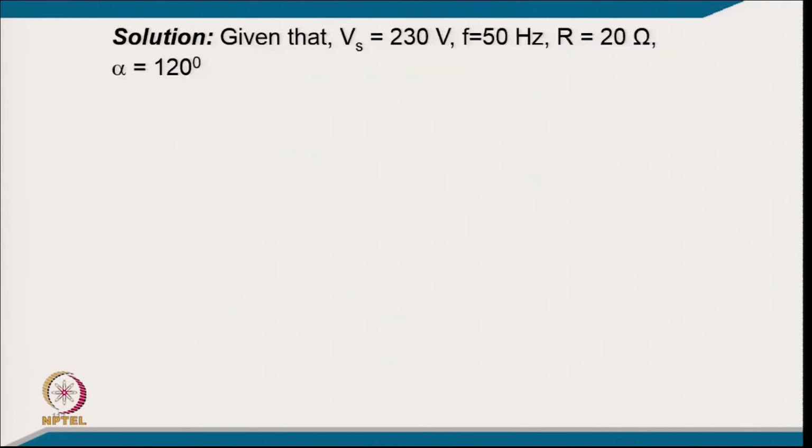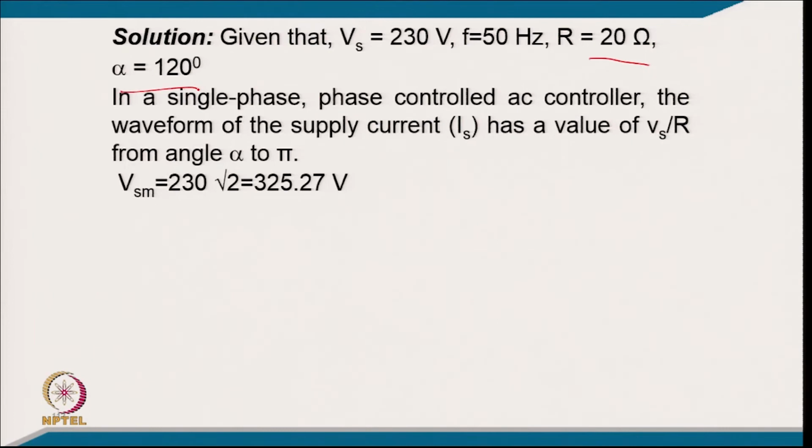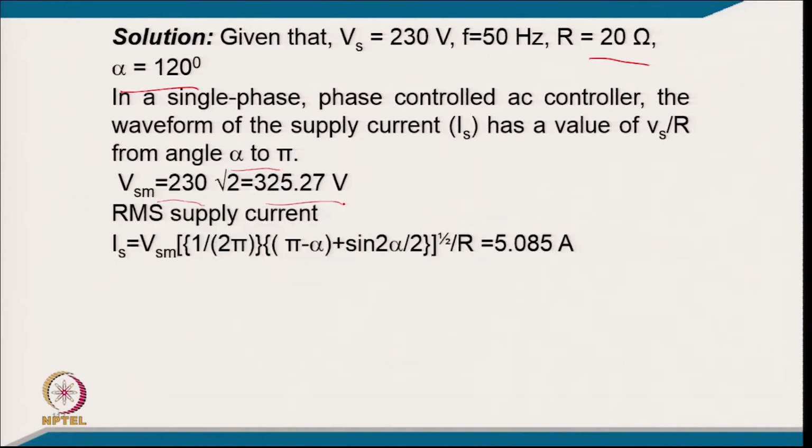Coming to the numerical portion of it, the supply voltage is 230 volt, 50 hertz, the resistance of the load is given as 20 ohm, and the firing angle of the AC voltage controller is 120 degree. In a single phase AC controller, the waveform of supply current has a value of Vs upon R and it conducts from alpha to pi. Taking the peak voltage of the supply, it will be 230 into root 2, so that will be 325.27. The RMS supply current, from the standard relation of the AC voltage controller, will be equal to